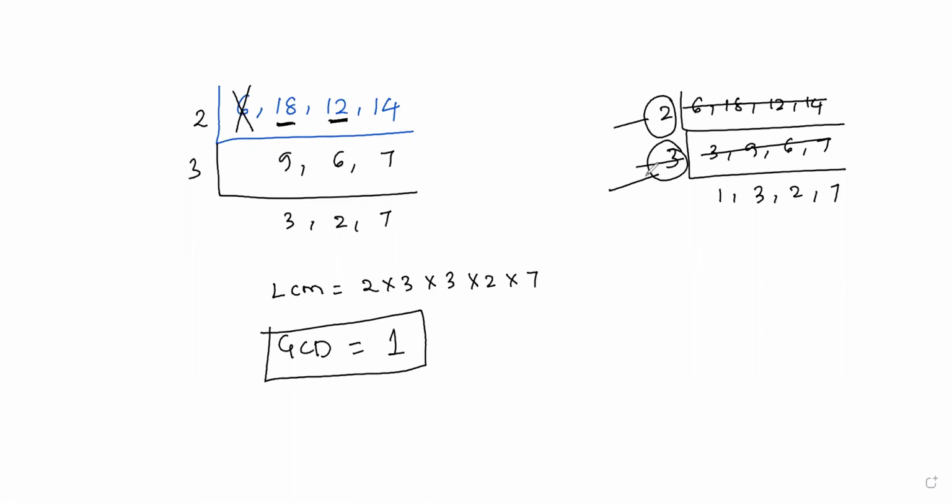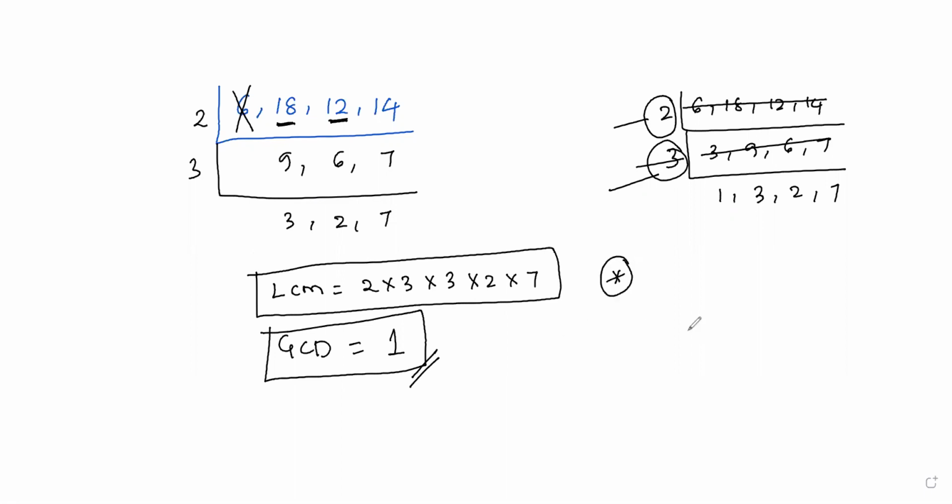No divisor divides all the numbers. No divisor is dividing any number here. So the GCD becomes 1 here. So please note down that point. That is a very, very important point when we are getting 1 as the GCD. Okay, so let me take another example here and try to understand it.